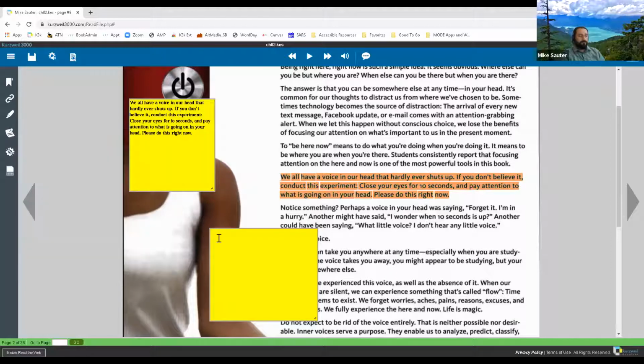Back to my finger. So let's say the instructor has given you a prompt, right? That is, a list of questions that you have to be looking for in the book. And so you can use the sticky notes as a way to keep those answers separate.